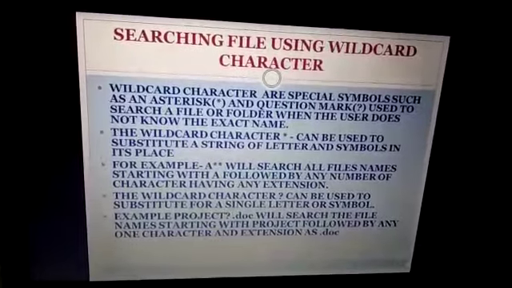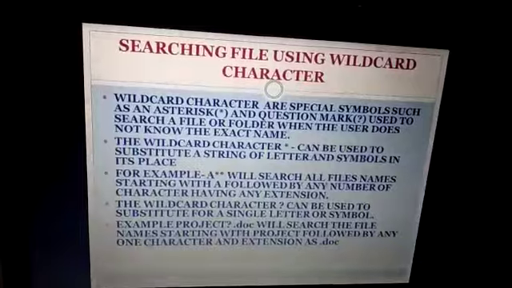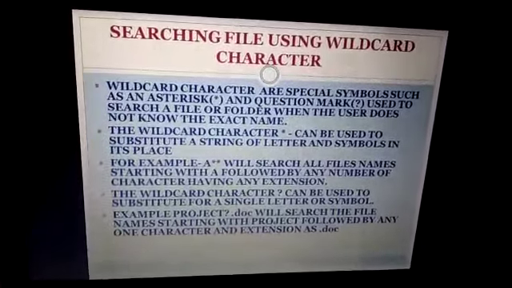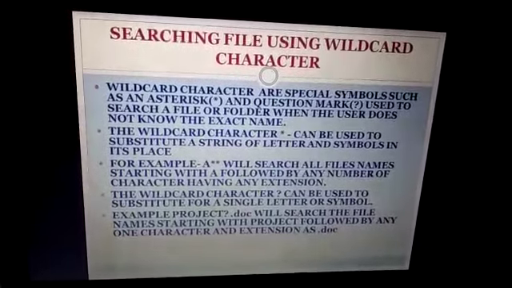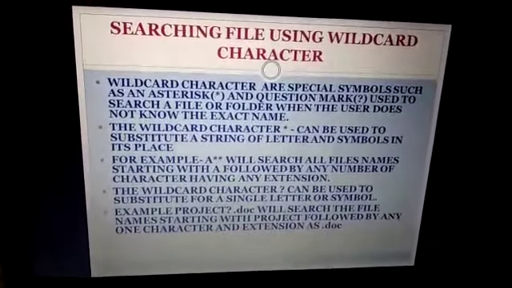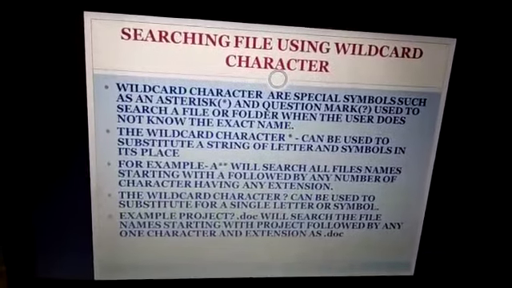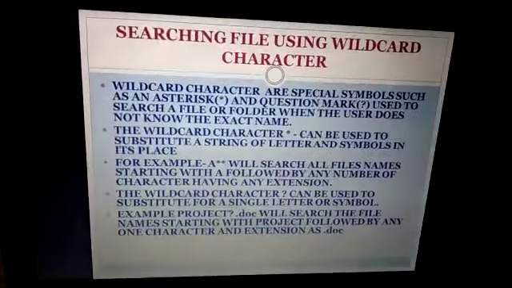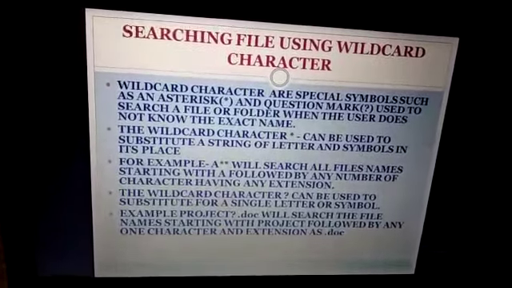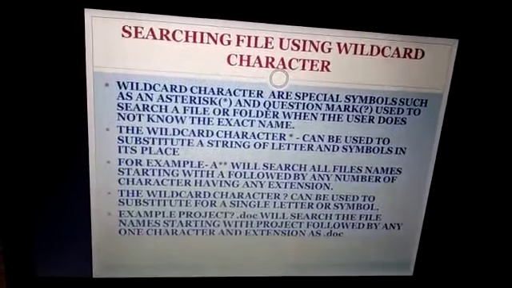So it will show all the files and folders whose names start with A. Next, the wildcard character question mark is used to substitute for a single letter or symbol. For example, project question mark .doc, where .doc is the extension, will search the file names starting with project followed by any single character.